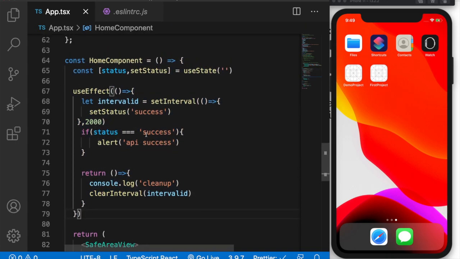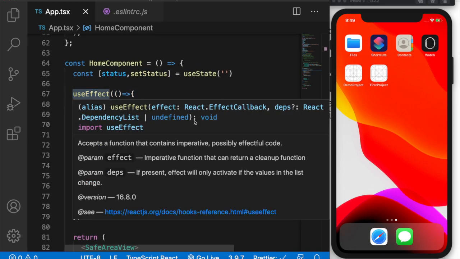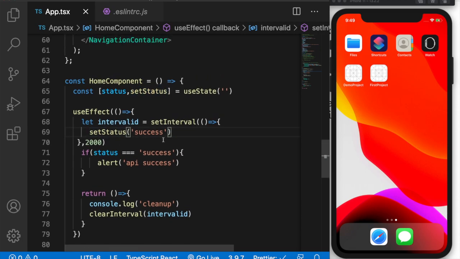you guys. So this is a React component again, right? So we have a useState hook, which has a status and set status. What is going on is you have a useEffect hook, which basically runs an internal interval function, which runs after every 2 seconds, and it basically sets the status of this function. So after 2 seconds it will just set the status as a success,